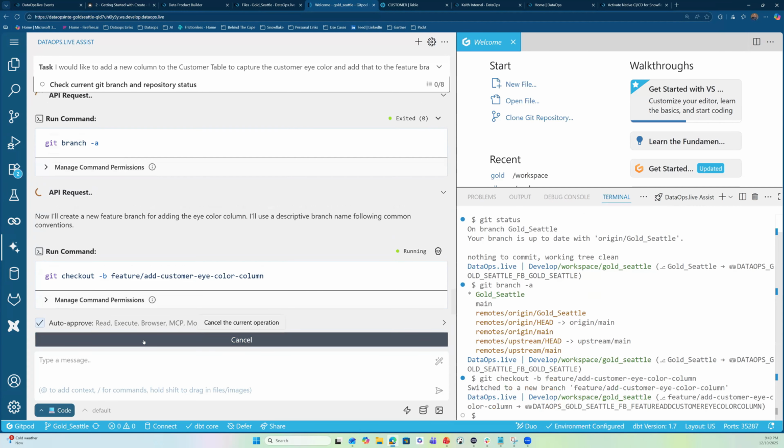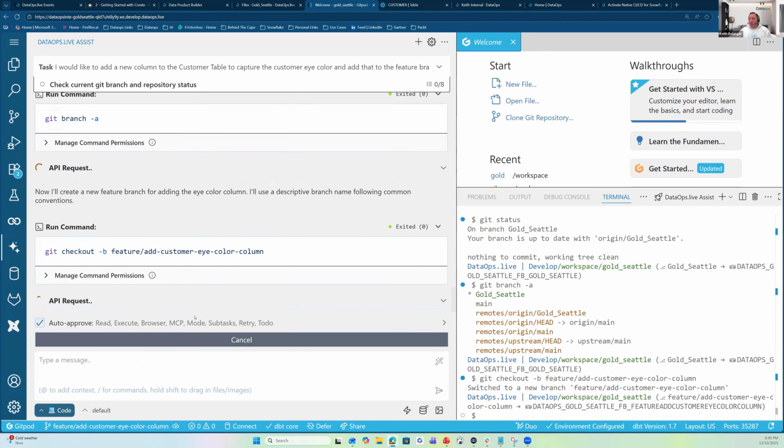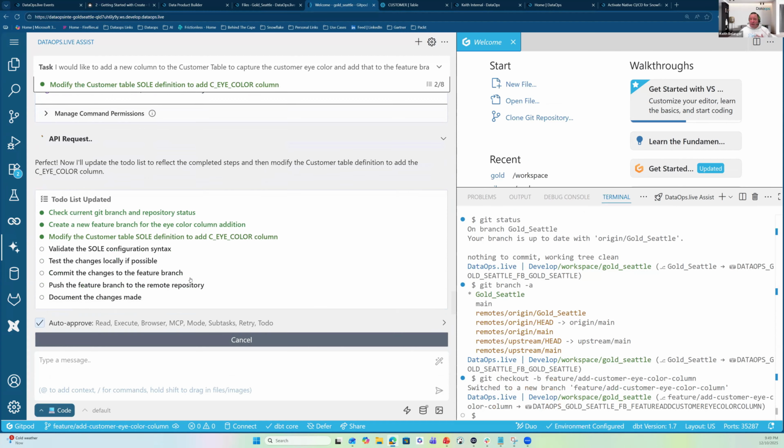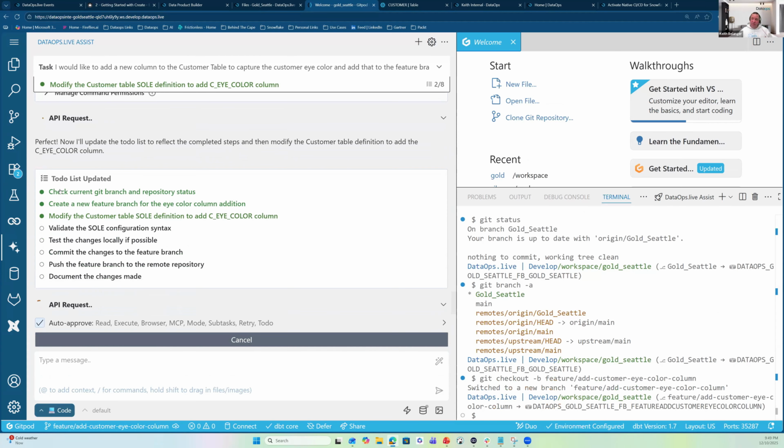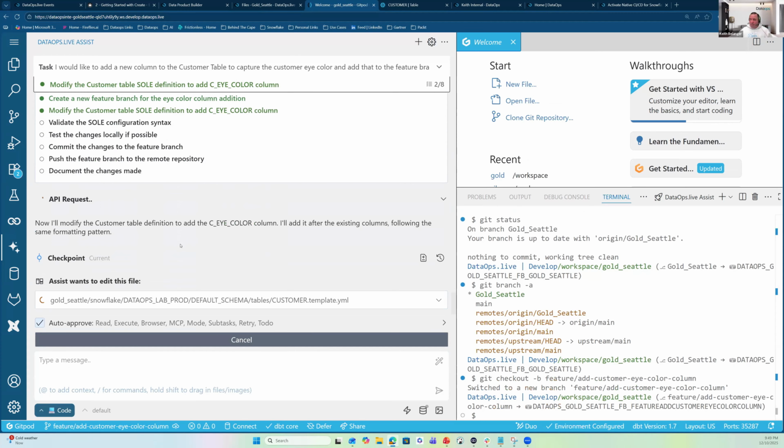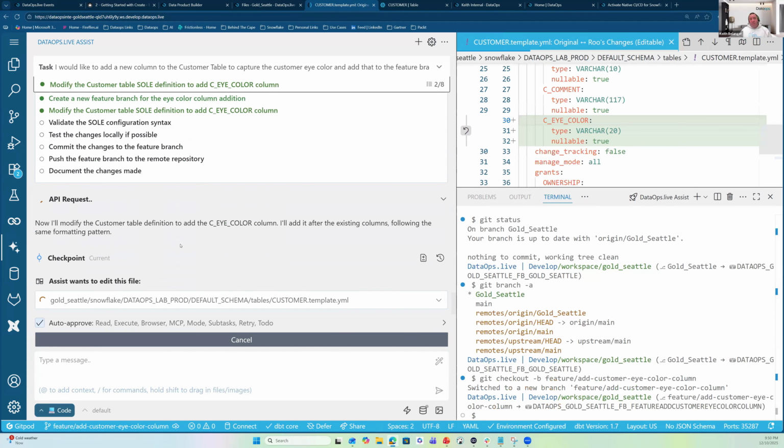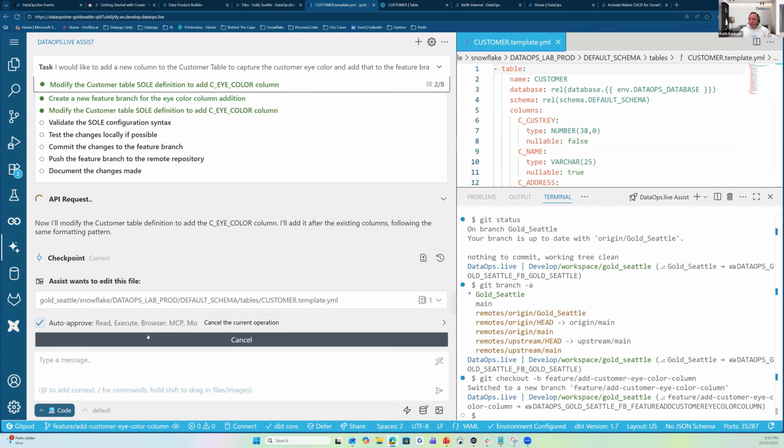Now, again, what it's doing is it's not just doing the code, right? It's documenting and auditing everything it's doing. You can see it here, right, when it comes to the readmes and all of that stuff. So people say, well, Keith, this is a simple alter statement, right? You can just go alter table, put it in. But again, it's getting it all ready for auditability into the repository, and then deploying it out